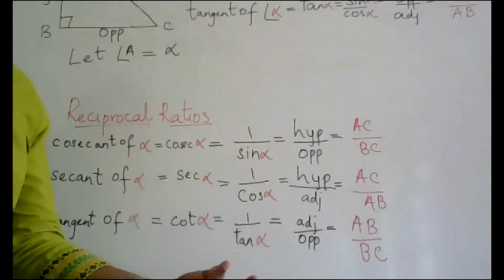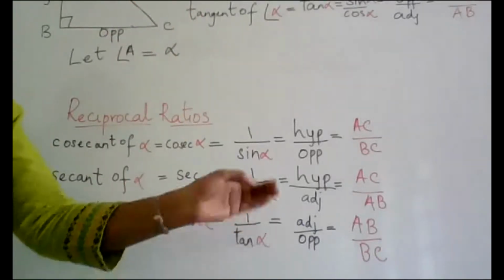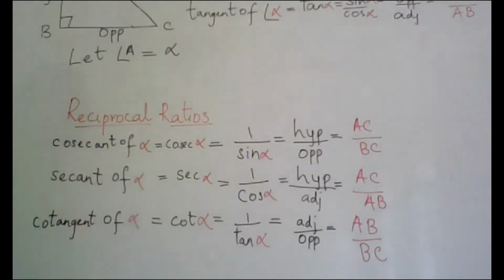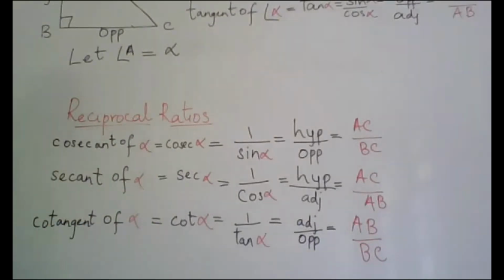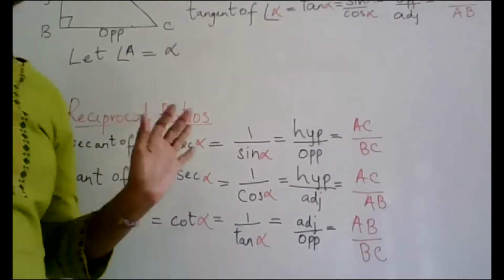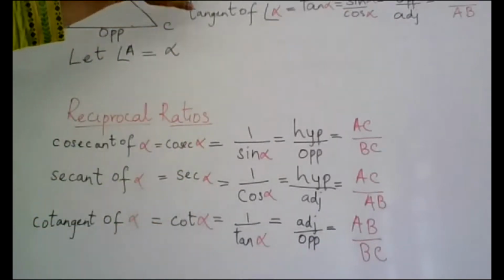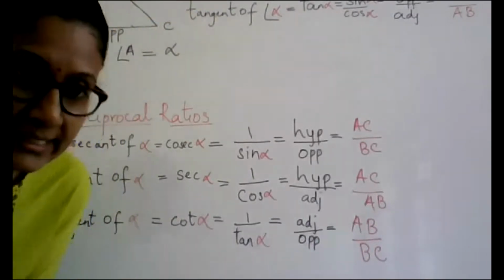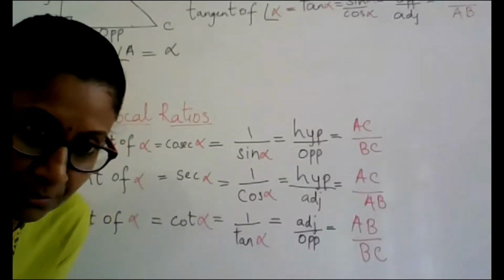So what is sine? What is cosine? What is tan? Once you know these 3, the reciprocals will become the cosecant, the secant and the cotangent, or the cosec, sec and the cot. All these are small letters. Don't write capitals anywhere at all. Trigonometry, it is very, very important that the abbreviations will be in small letters only. Is it clear? Any doubt you can ask? Otherwise, I think I move on to the problems.